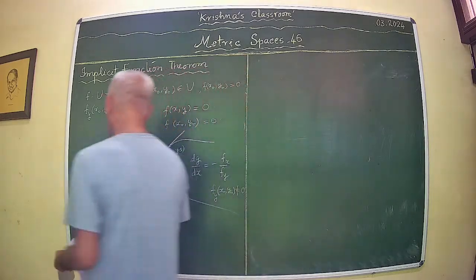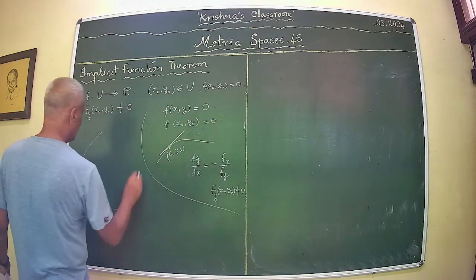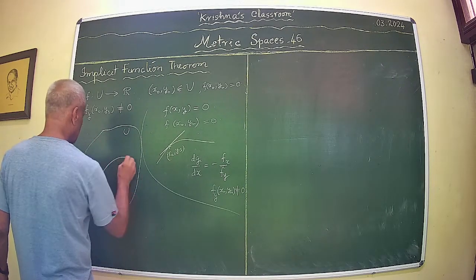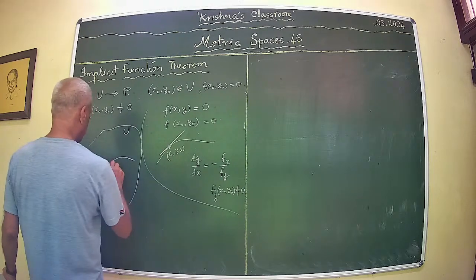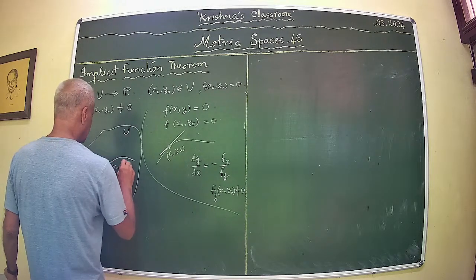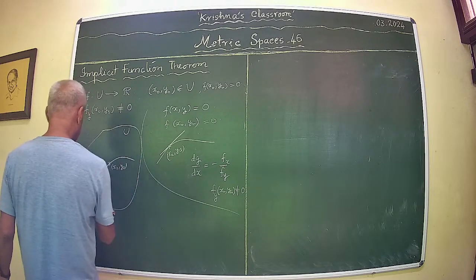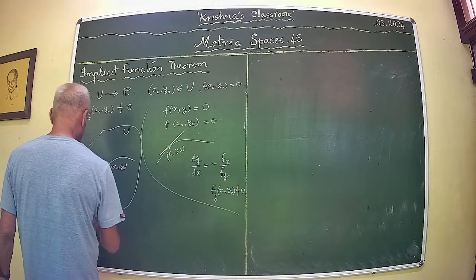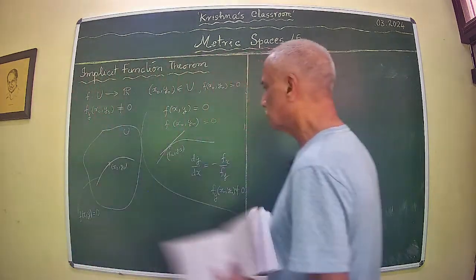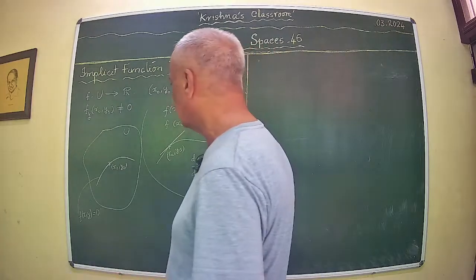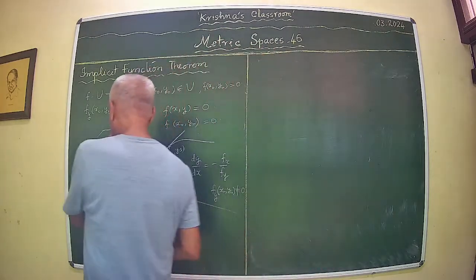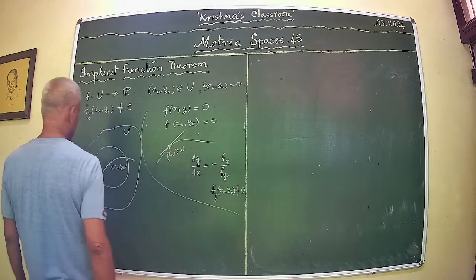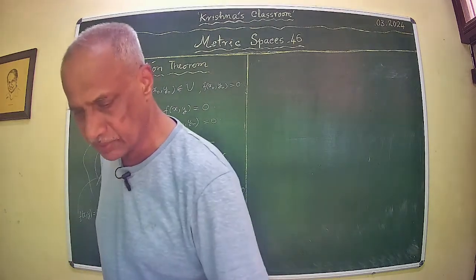What one does is, this is what you have. This is the point x0 y0, and this is the portion of the curve equal to 0. Therefore, in particular, f of x0 y0 is equal to 0. So what we assert is this: take such a point, take an open neighborhood of that, and the portion of the curve that is intersected